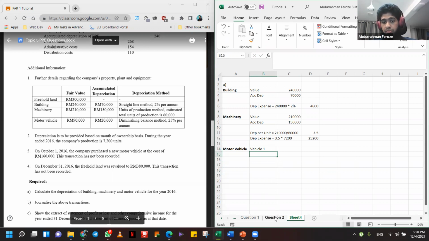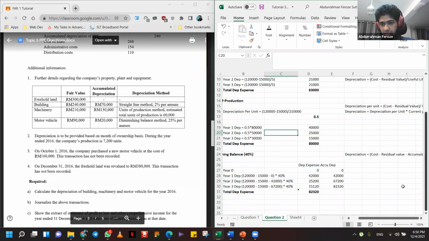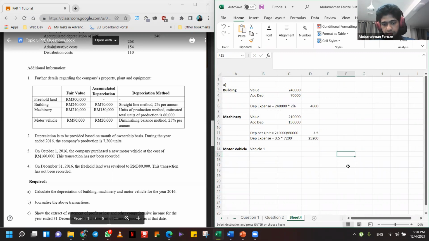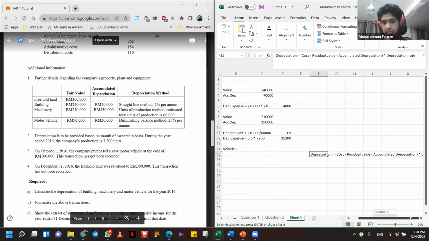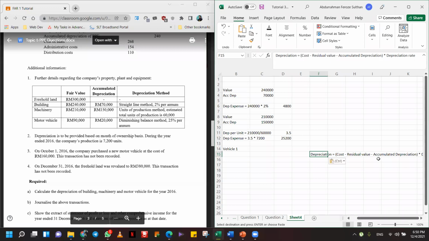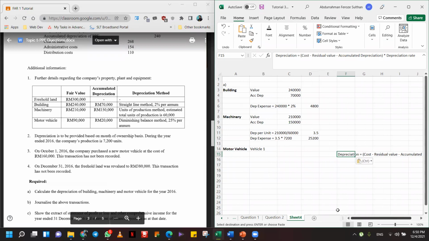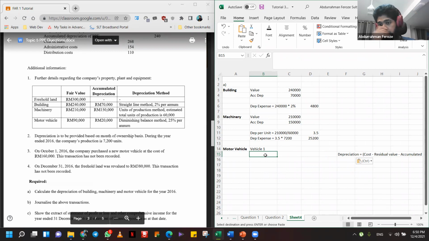the method used is the diminishing balance method, right? Let me just copy the formula so it's easy. The formula is cost minus residual value minus accumulated depreciation, and multiply by the percentage. So the depreciation expense would be